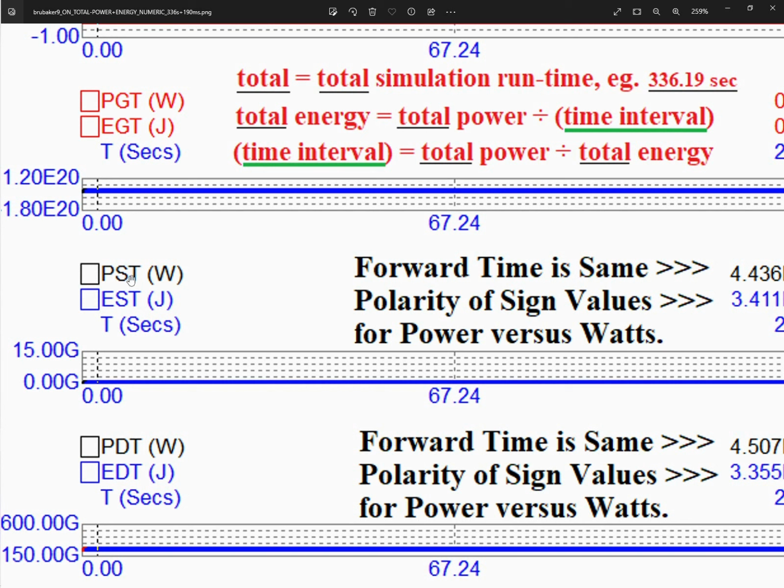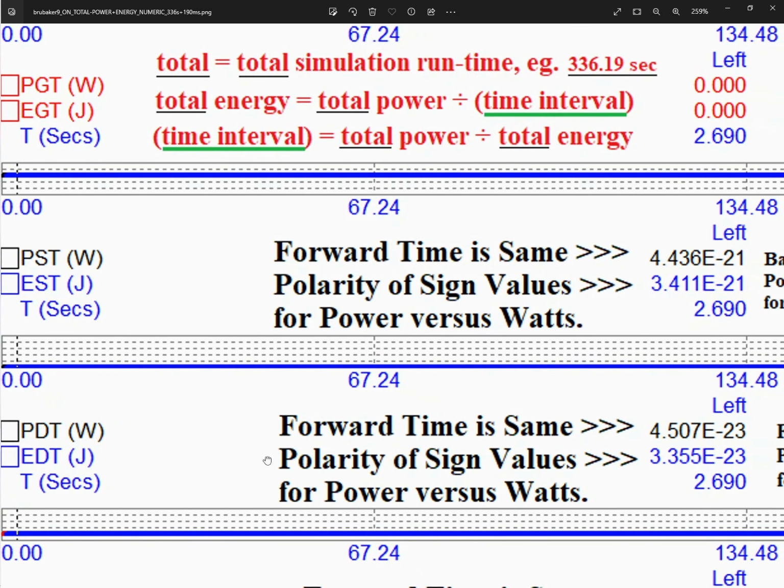Storage means inductors, coils, and caps, while dissipation are resistive elements such as diodes and resistors. So it kind of segregates what's going on. It's not the total circuit, it's just specific types of components. What I discovered is that if the polarity of the sign value is the same,